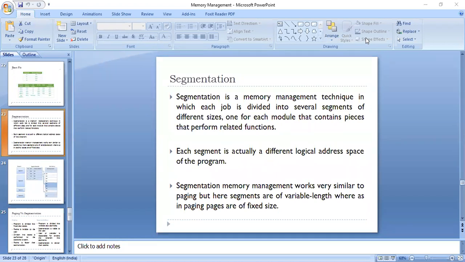For simplification of the implementation, segments are numbered and are referred to by a segment number. So we can maintain segments very easily and conveniently if we are using segment numbers rather than the segment names,